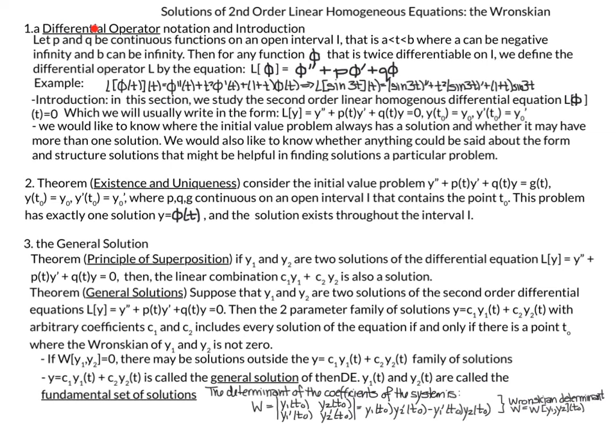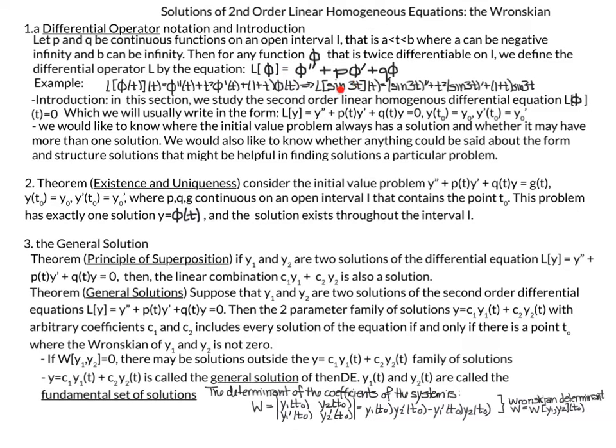We will start by talking about a differential operator, and we'll denote that differential operator by the letter L. Essentially, it's a function, and for inputs, it takes other functions, and then it outputs another function. So for example, if L of phi of t, where phi is a function of time, is equal to phi double prime of t plus t squared phi prime of t plus 1 plus t phi of t,